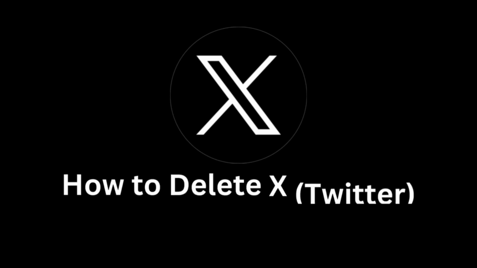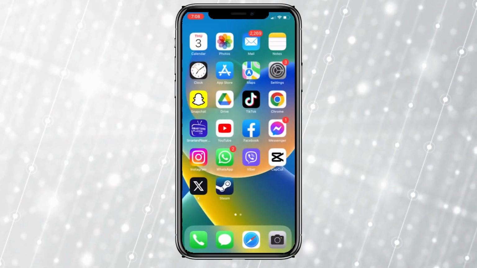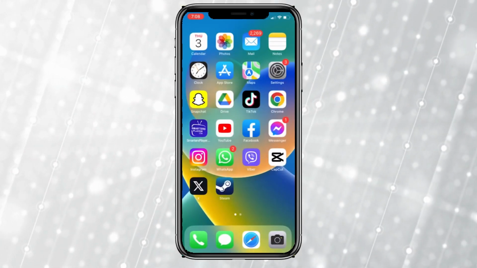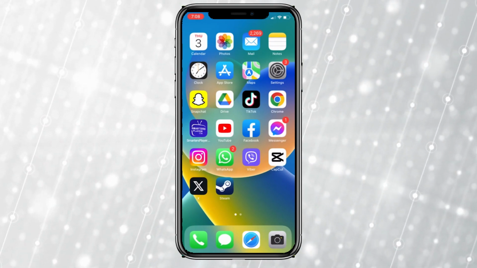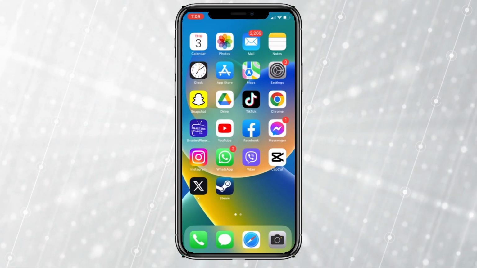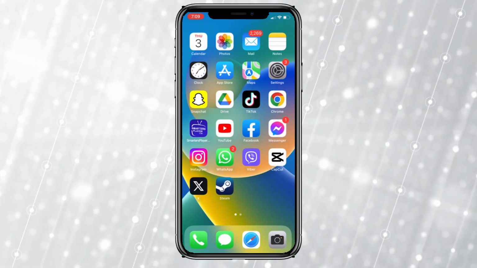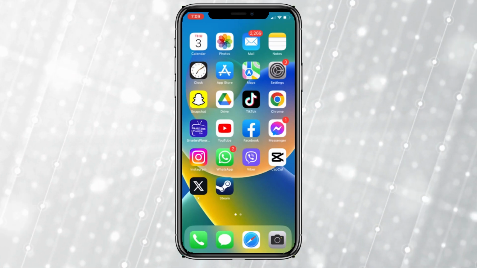Welcome to this detailed tutorial that will show you how to permanently delete your X account. You may have decided to close your Twitter account for various reasons: creating a new profile, reducing online presence, or simply discontinuing the use of the social media platform. Regardless of the reason, in this guide, we will walk you through the step-by-step process of permanently deleting your X